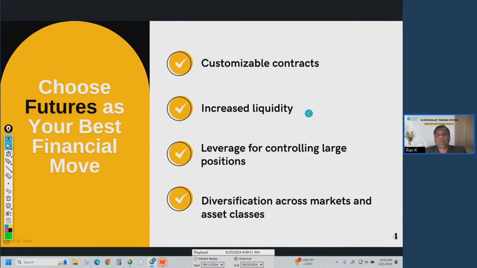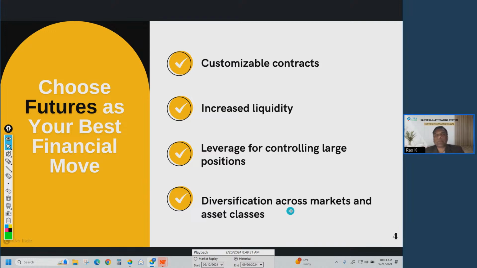There's a lot of liquidity in the futures market. It's not an exotic product. Many people trade futures globally, so there is a lot of liquidity. You can control a huge position with a futures contract, which means you can make profit with just a small move in futures price, which also means that you could incur a huge loss if the market goes against you. So leverage cuts two ways, but by being safe, we can increase the potential of making profit quickly.